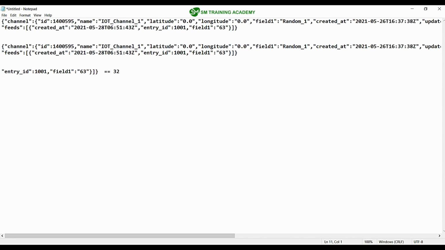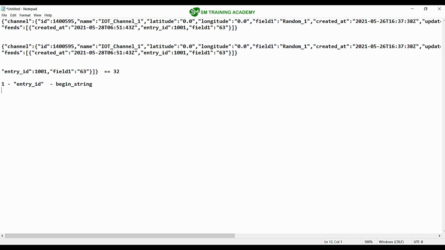Now what I'm just going to do is find the index of this entry ID string along with this double quotes. So let's say it is at the first position, so this index is 1. So I will find the index of this entry ID first and I will store it to a variable called beginString. So the index of this entry ID will be stored in beginString. Let's assume it to be 1.